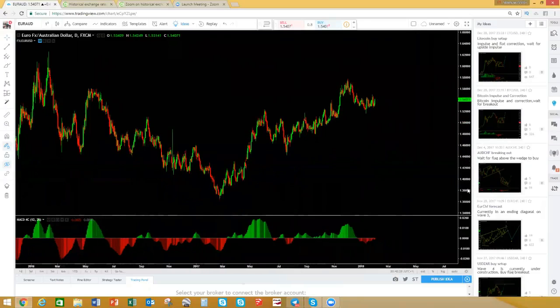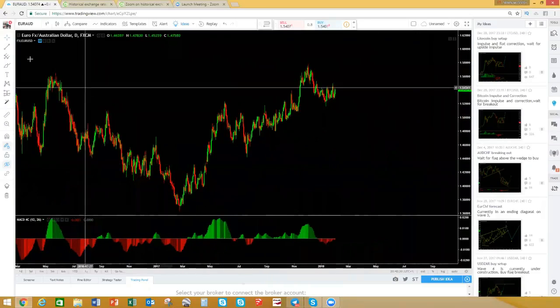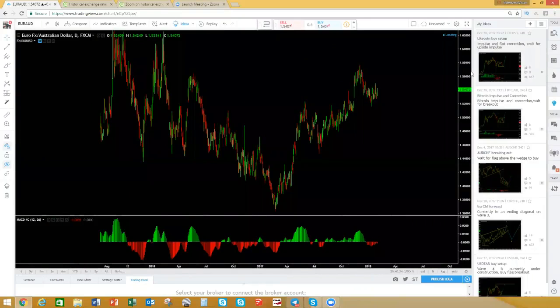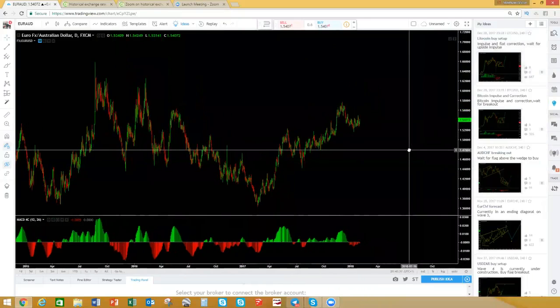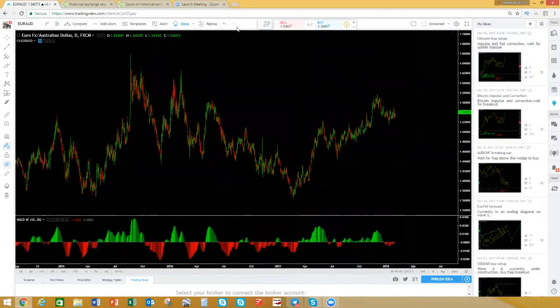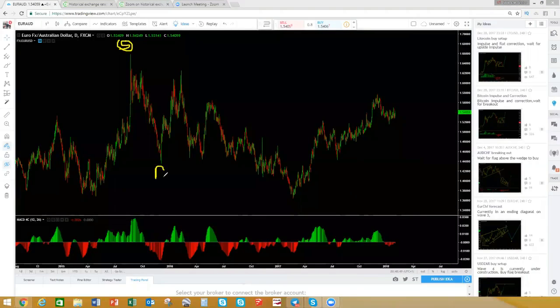All right, so that is that last move that we're looking at here now. Okay, if I just label it a bit more. This last swing, this was your 5, if you remember. We are now a little bit closer. We've zoomed in into the lower time frame, onto the daily. That was your 5, this was your A, this was your B, and this was your C. Okay, so if that was your C,